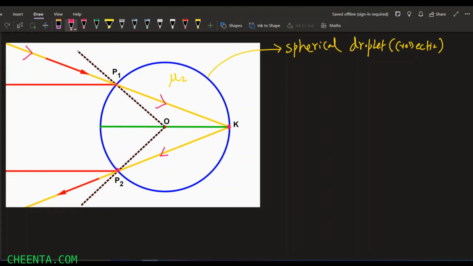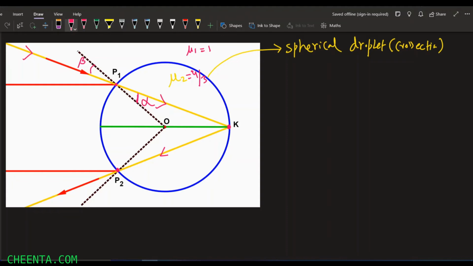Now let's suppose that this ray is making an angle of beta with the perpendicular, that is, the angle of incidence is beta. Because the refractive index of the two media is different, the value of the angle of incidence, beta, will not be equal to this angle, so let's call it alpha. All right, okay.